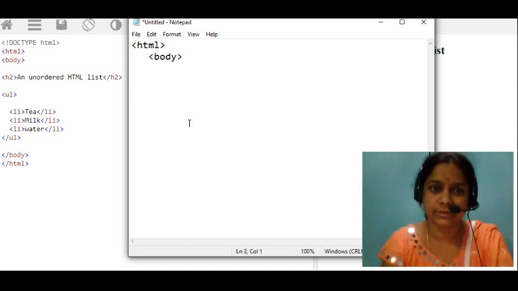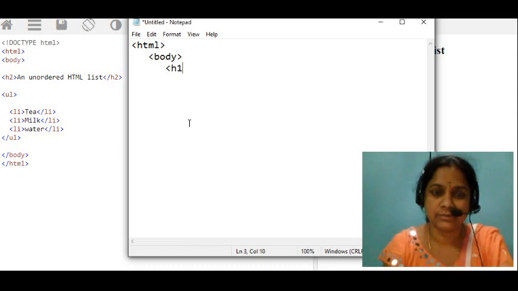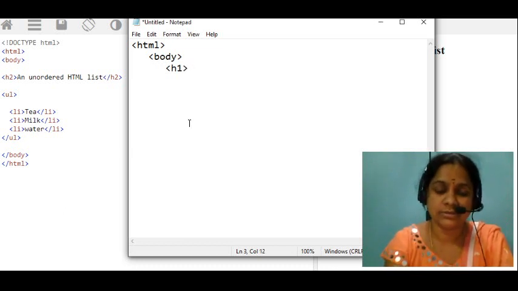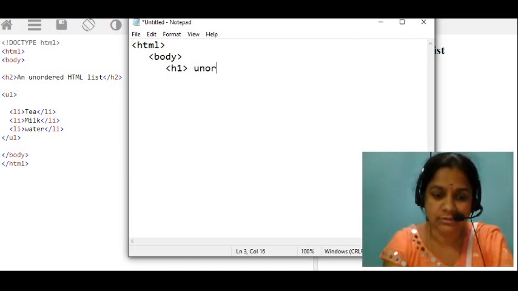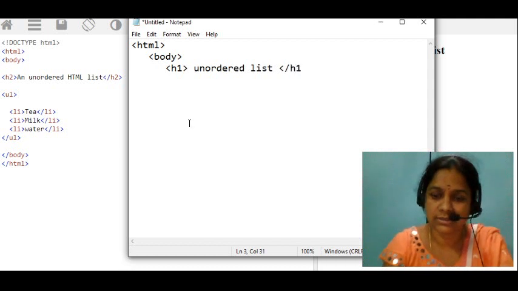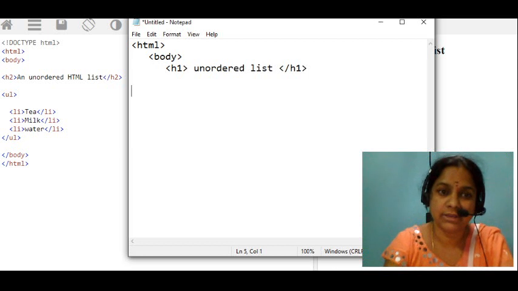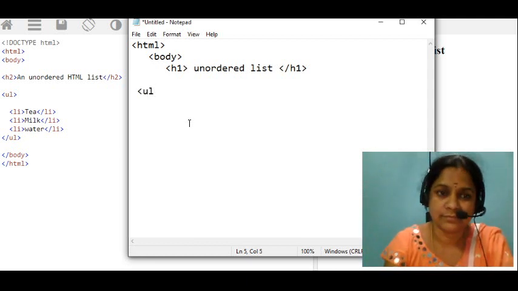Body. Then next I am writing H1. What do we have to write? Unordered list, right? Slash h1. Then next, what do we have to write here? Unordered list means ul.